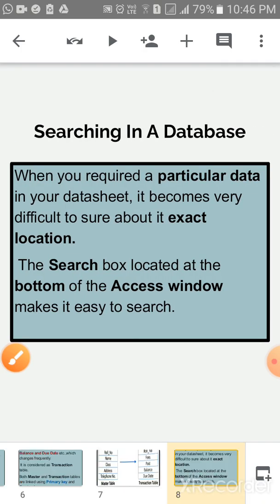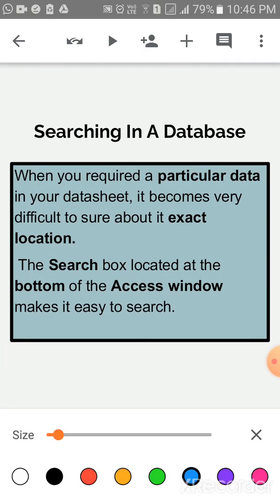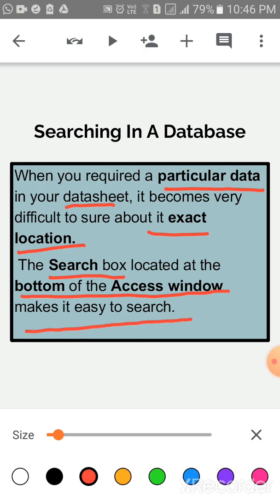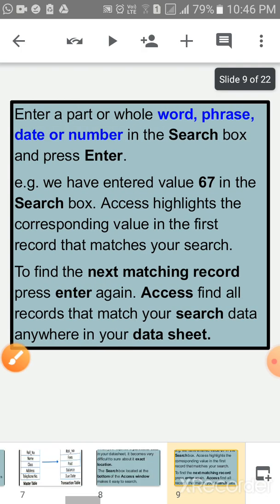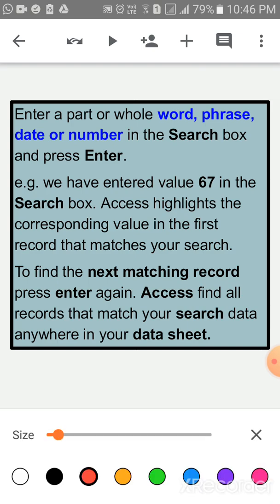Searching in a database. Children, when you require particular data in a datasheet, it becomes very difficult to be sure about its exact location. The search box located at the bottom of the Access window makes it easy to search. Enter a part or whole word, phrase, date or number in the search box and press enter.